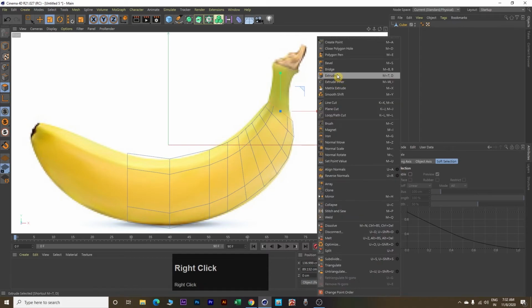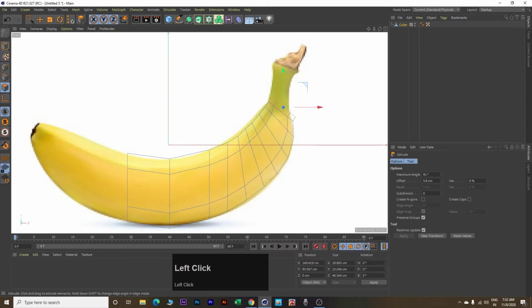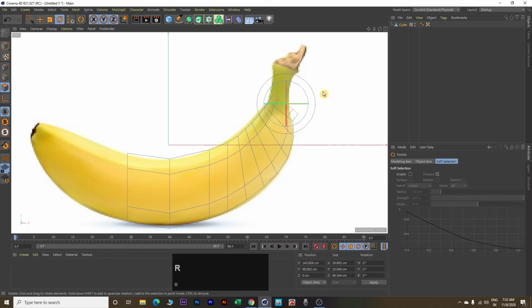Again use extrude, rotate, move, resize. Move, resize.